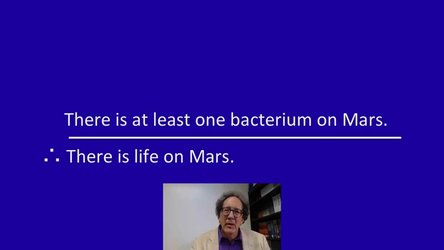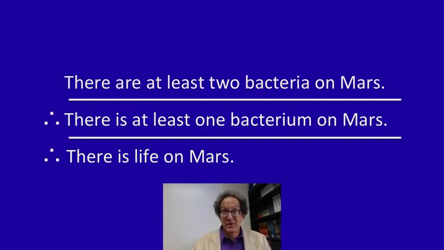So now we're down to the third and final way to get around the skeptical regress. And that's to use an infinite chain of arguments. But if you think about it in a concrete case, you'll see why that's a problem as well. Suppose your friend says, there's life on Mars, and I can prove it. And you say, fine, give me your reason. Well, there's at least one bacterium on Mars, therefore there's life on Mars. And you go, okay, fine, but how do you know there's at least one bacterium on Mars? I've got another argument. He says, there are at least two bacteria on Mars. Therefore, there's at least one bacterium on Mars. But how do you know there's at least two?